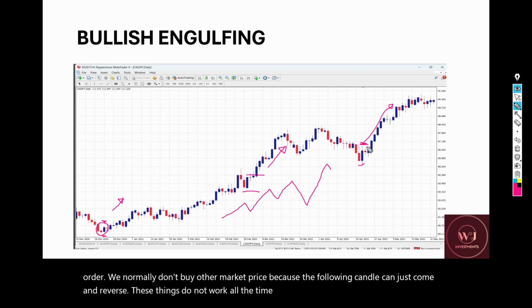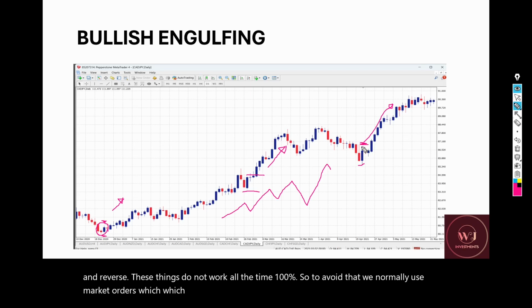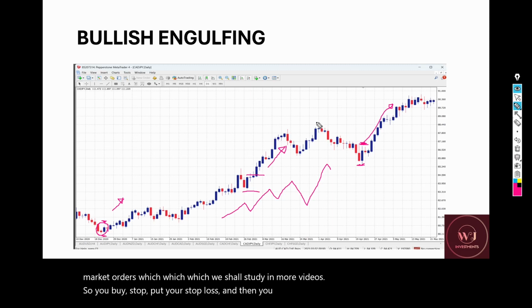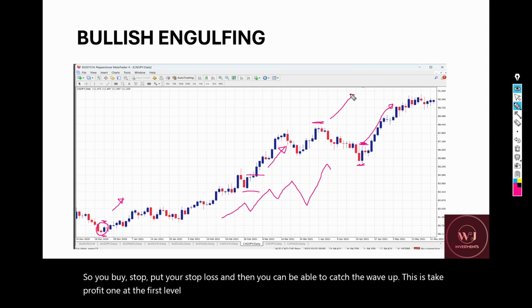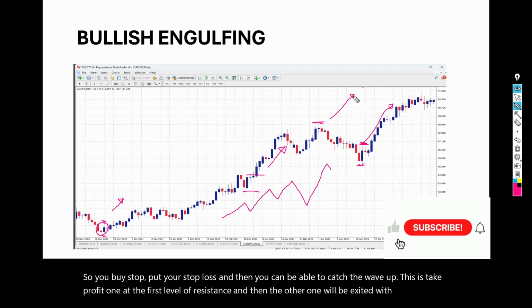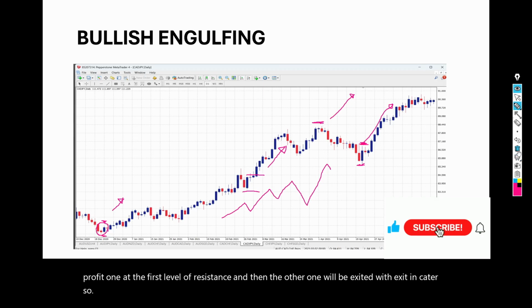So to avoid that, we normally use pending orders, which we shall study in more videos. So you put here your buy stop, put here your stop loss, and then you can catch the wave up. This is take profit one at the first level of resistance, and then the other one will be exited with an exit indicator. So as a bullish engulfing,